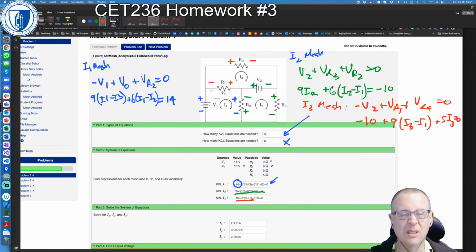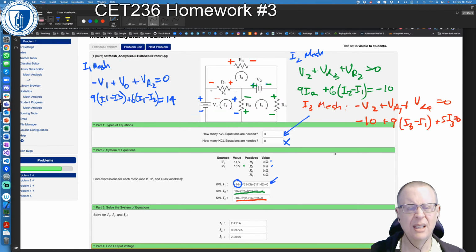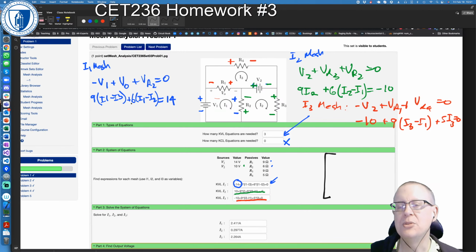And that's where I got that equation, right? And then I need to put all of that into an appropriate matrix in order to solve it. So for my appropriate matrix, I need to distribute and group like terms. So that's 15, and then the I2 coefficient is minus 6, and the I3 coefficient is minus 9, and then that's just going to be times I1, I2 and I3,